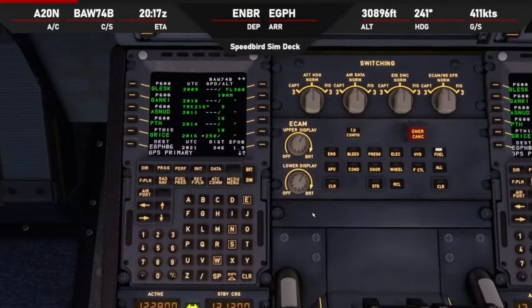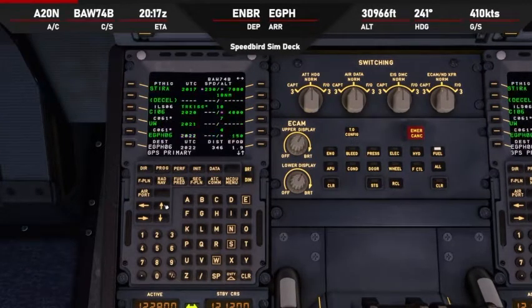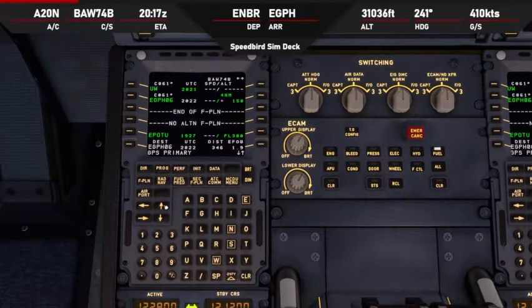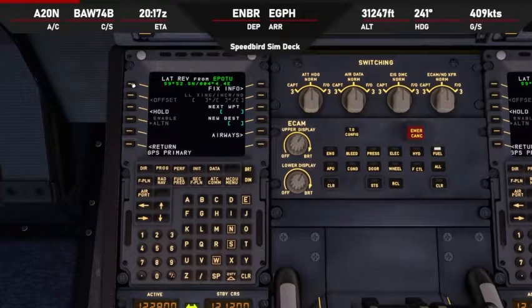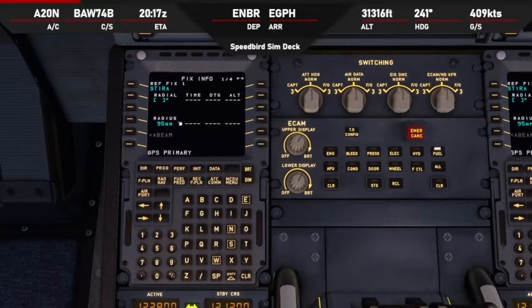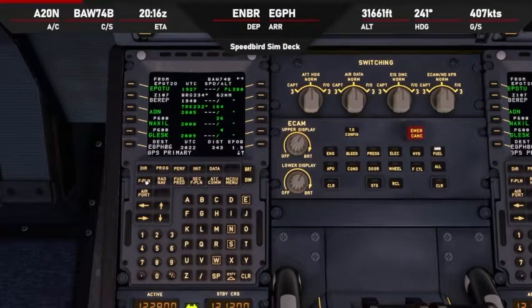My fault. So let's go back in, get the top one. You always know it's the top because the second is in white. That's where you're heading to. So if I click Apotu, go to the fix info, and all I need to do is change this. Go 110, but the chances are we're probably going to get vectored in altitude if Edinburgh approach stays online. It is still there at the minute, so